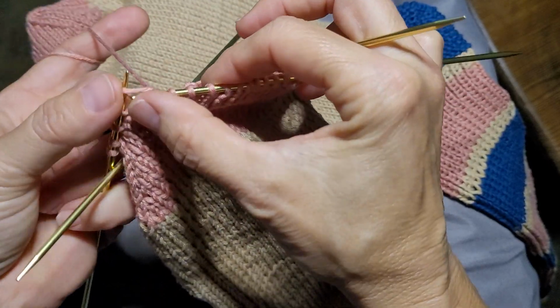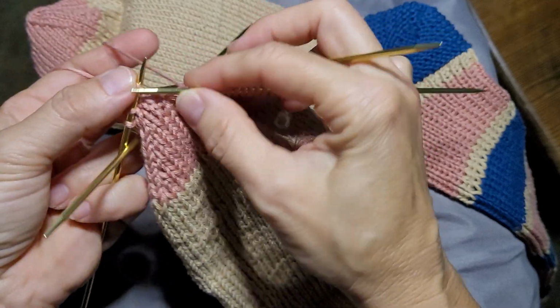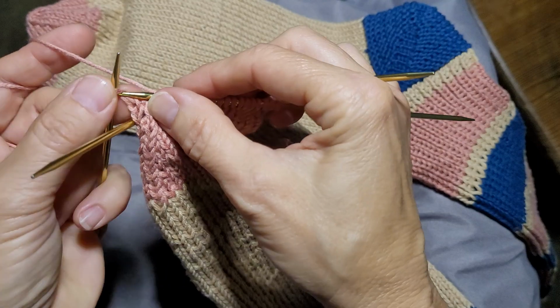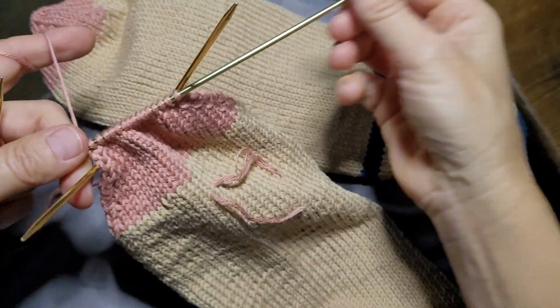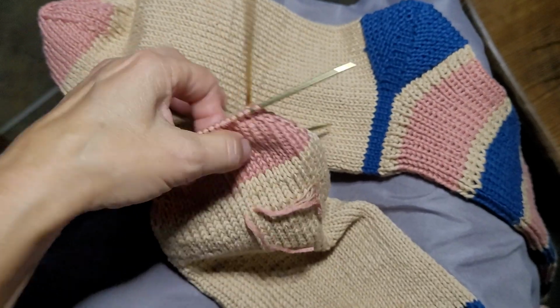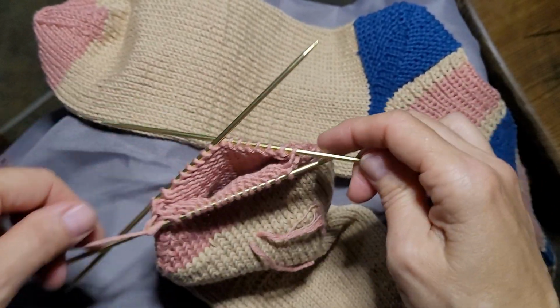So I'm ending up with 16 stitches on this needle, and we can remove this one. And for the rest,